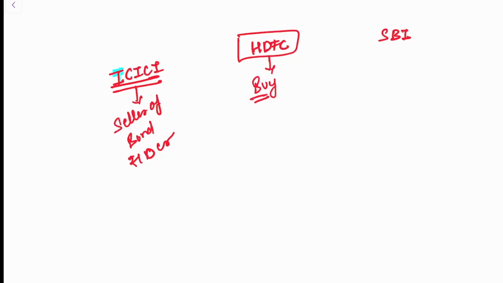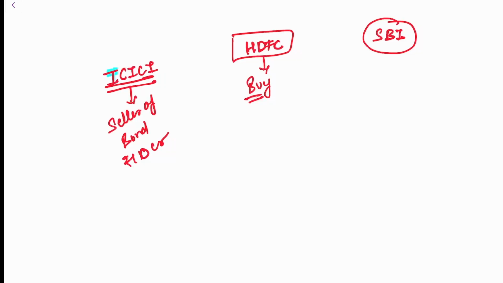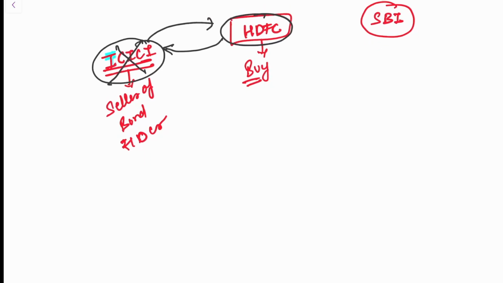Clear? Now they involve the SBI. Now over here what happens? If they want, they can directly trade with each other. ICICI will sell the bonds to HDFC. HDFC will give the money to ICICI. But over here, as you know, the risk is involved. The risk involved means in future when HDFC wants the money back, what if ICICI defaults? Who will lose the money? Over here, HDFC Bank will lose the money. Clear? But with the help of the CCP,